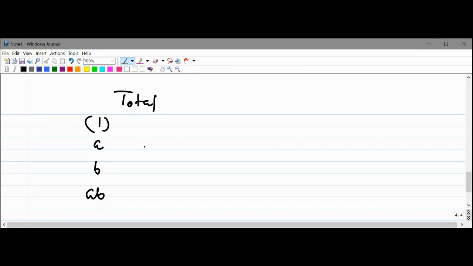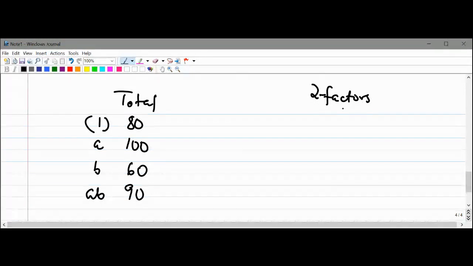The values, please. 80, 100, 60, 90. Thank you. So I said, because we are having two factors, it implies that